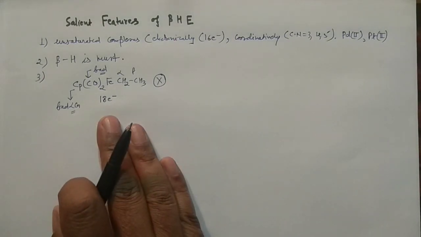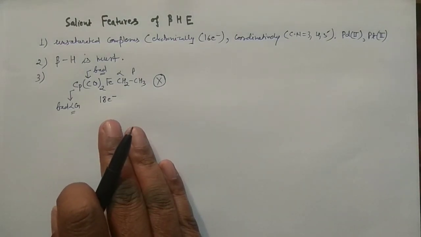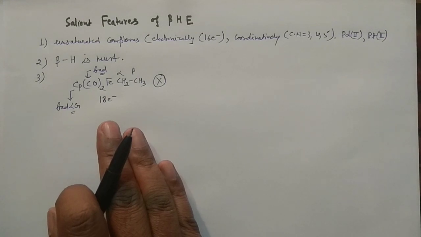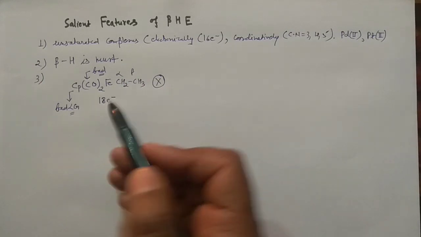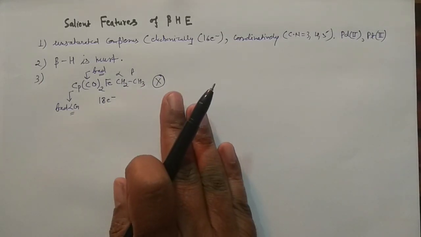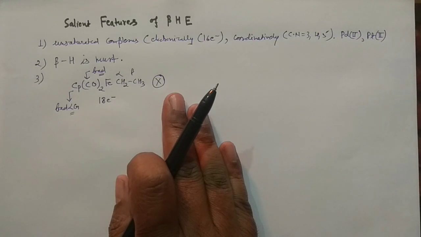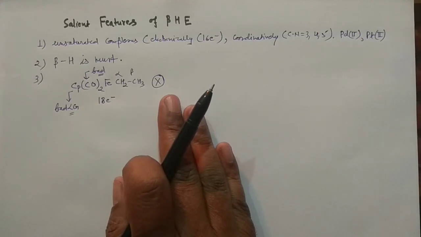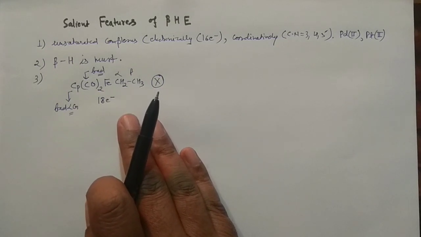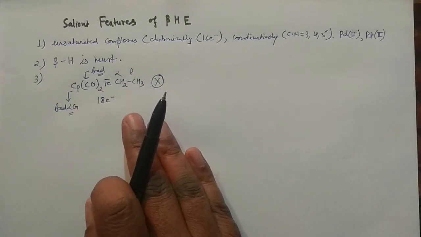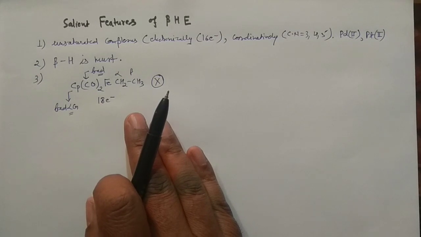So it is something very important to note that 18 electron species would undergo beta hydride elimination reaction only when they have a very good leaving group, so that they can attain an electronically or coordinatively unsaturated mode. Only then will it undergo. However, when they do not have groups which are good leaving groups, they will not undergo. Okay, so this is something very, very important.